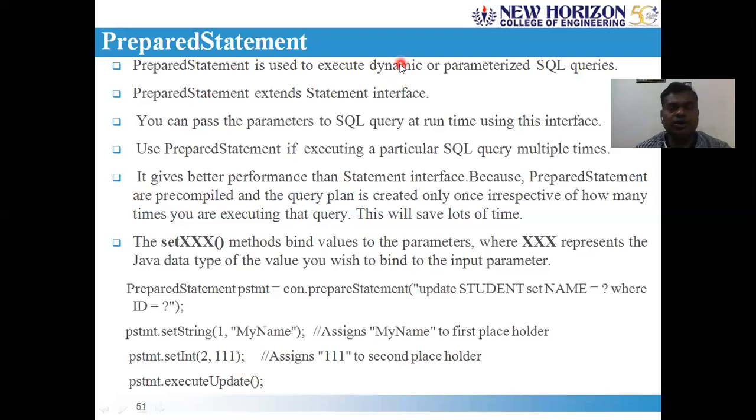Dynamic in the sense that you are executing the query again and again with some sort of constraint. For example, select star from student where department is equal to ISC, and sometimes you need to do it for department equal to CSC, and sometimes department equal to, say, mechanical.